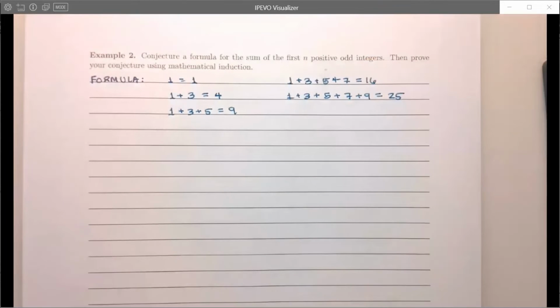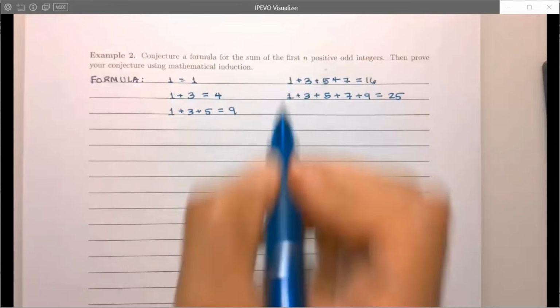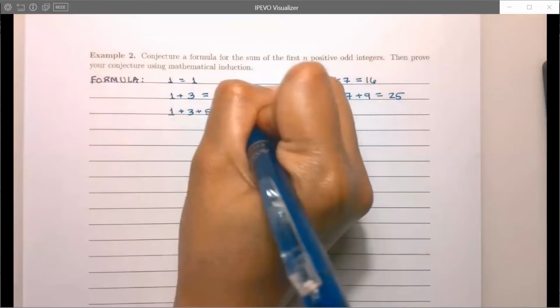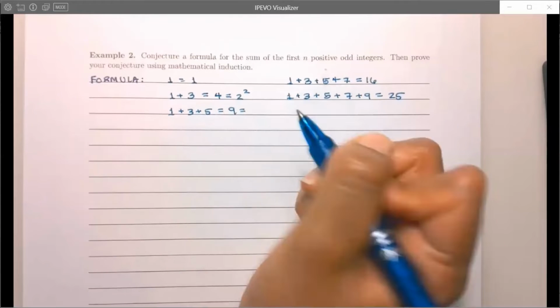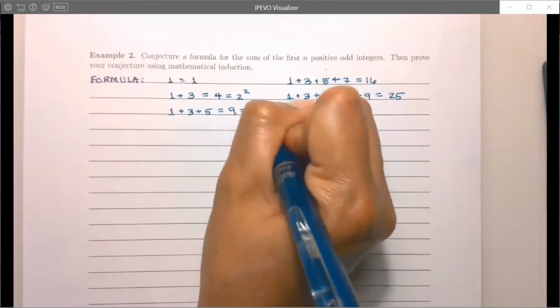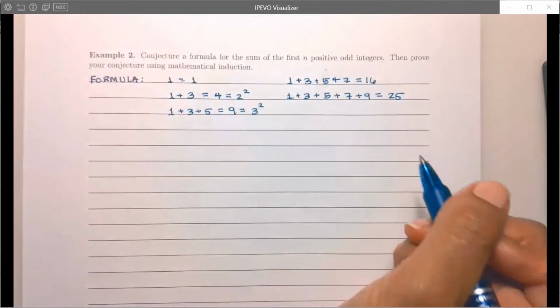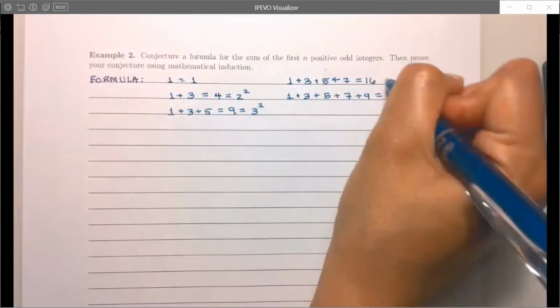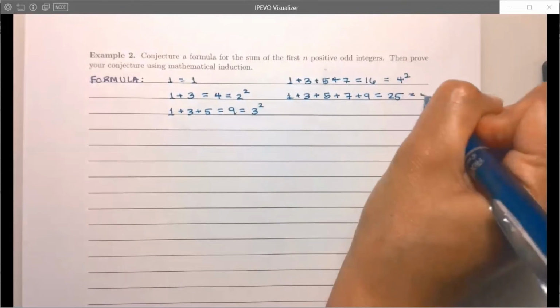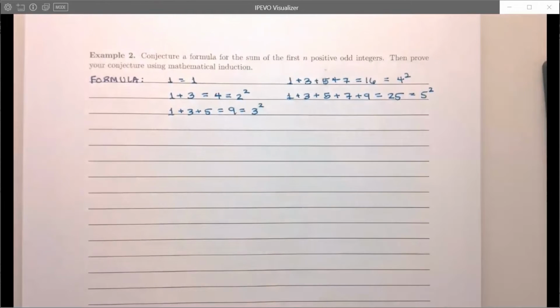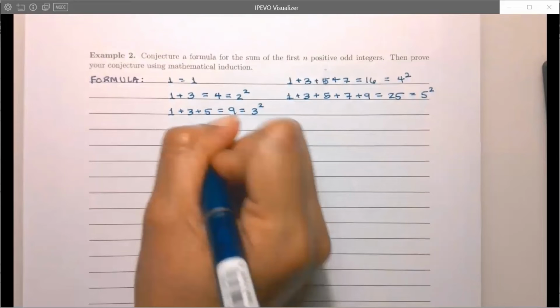And so perhaps the pattern that we're starting to see is that, for instance, when I added 2 odd numbers, the result was 2 squared. When I added 3 odd numbers, the result was 3 squared. 4 odd numbers, result was 4 squared. And 5 odd numbers gave us 5 squared. So maybe our guess is that the formula follows a pattern like